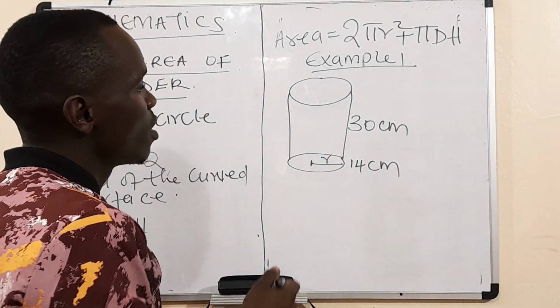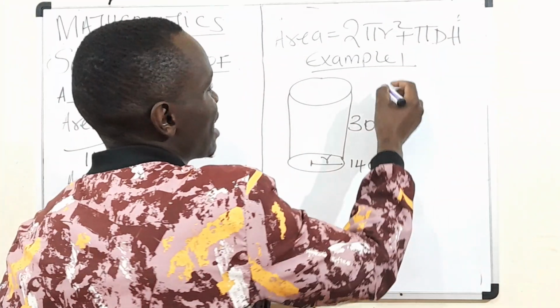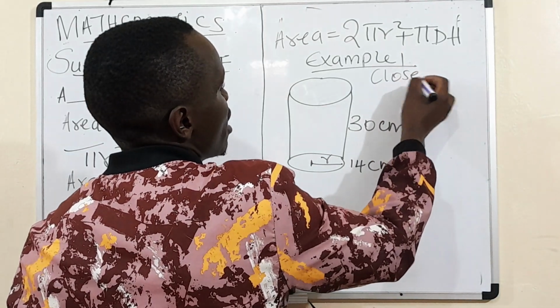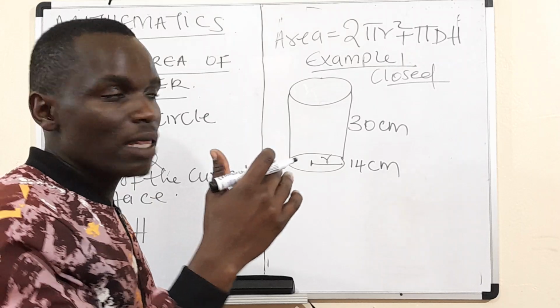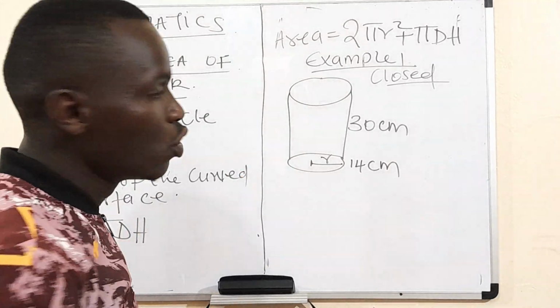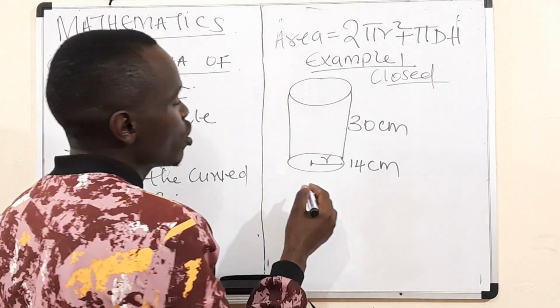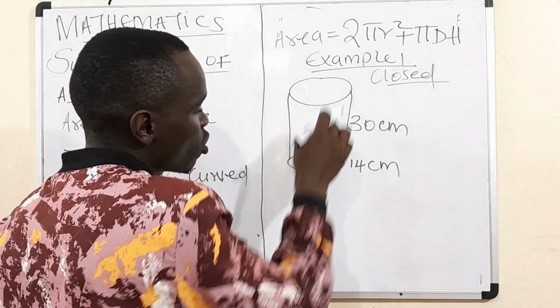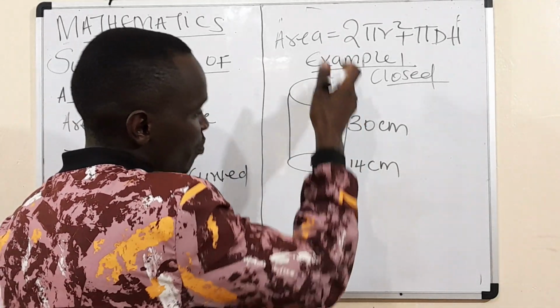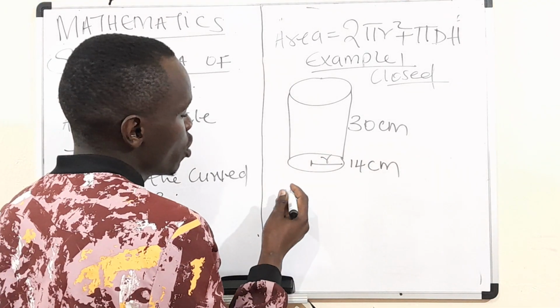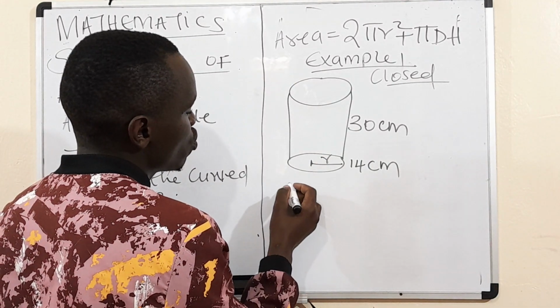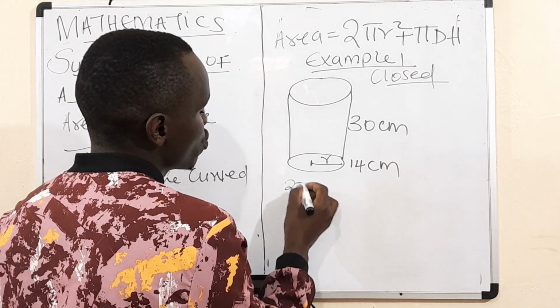So in this case, we are talking about a closed cylinder. We assume that this cylinder is closed, meaning that the top and the bottom are closed. So what do we do? We are going to get the area of the top multiplied by 2, then we can get the curved surface. So we are going to use pi, which is 22 over 7,